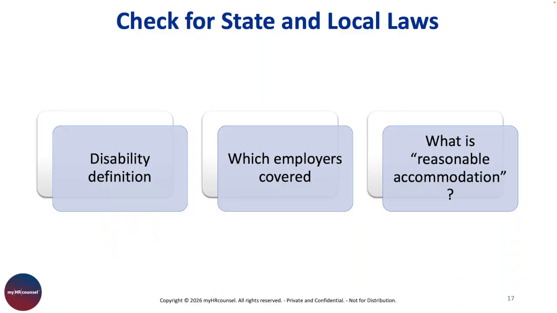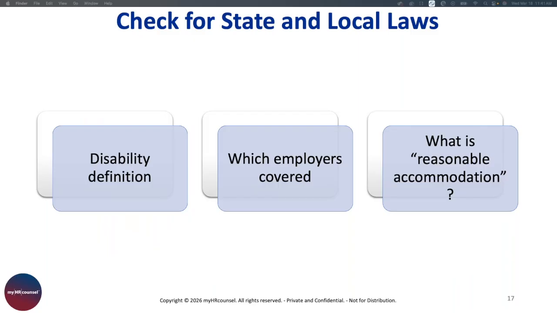We mentioned this earlier, but when you're looking at disability, the interactive process, and reasonable accommodation with an employee, the federal ADA is in play if you've got 15 or more employees. However, state and local laws are potentially in play as well. A lot of times state laws are more employee friendly than a federal law. Again, as we talked about earlier, under the federal ADA, 15 or more employees makes an employer covered.